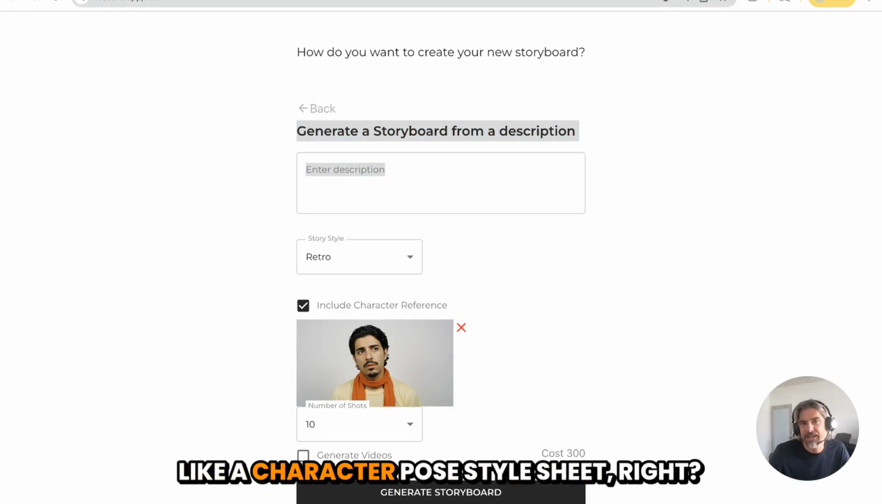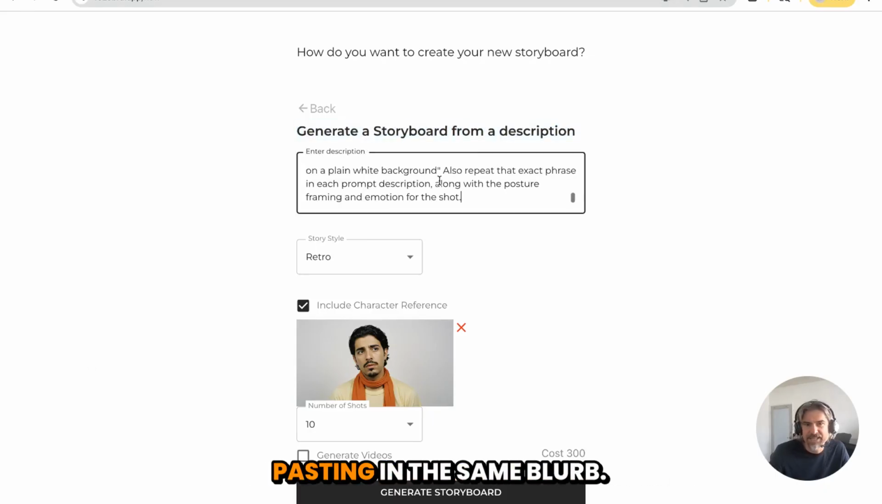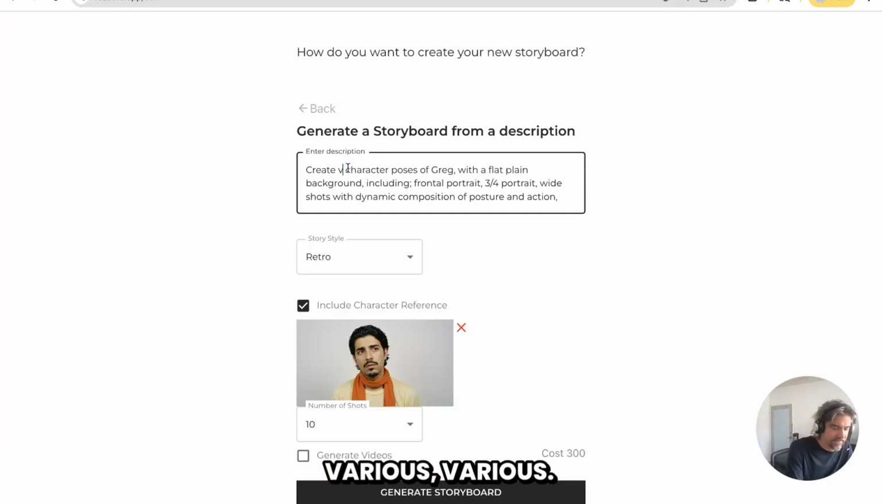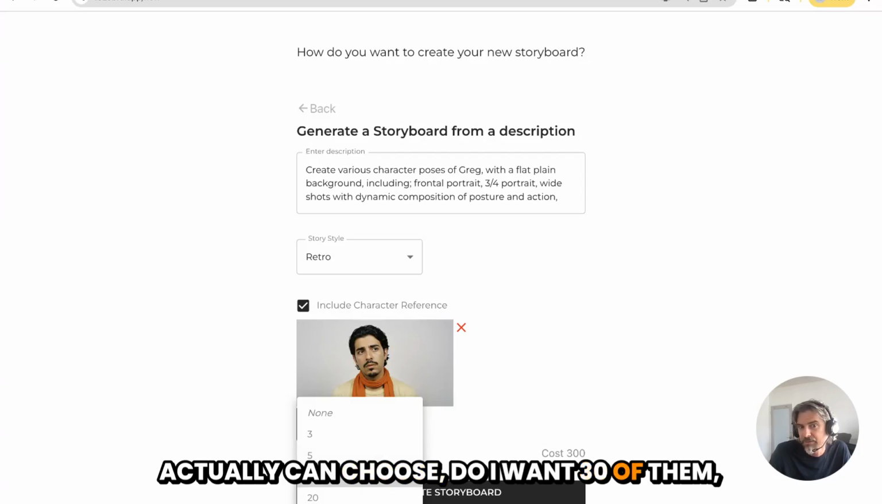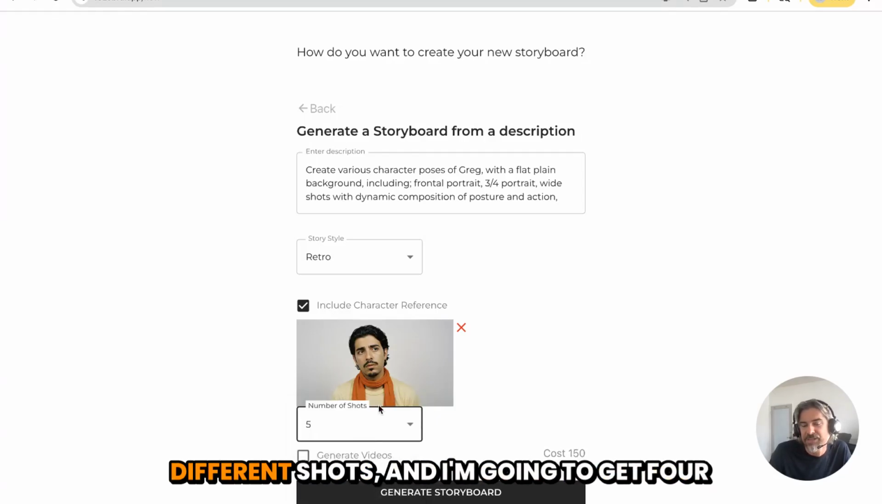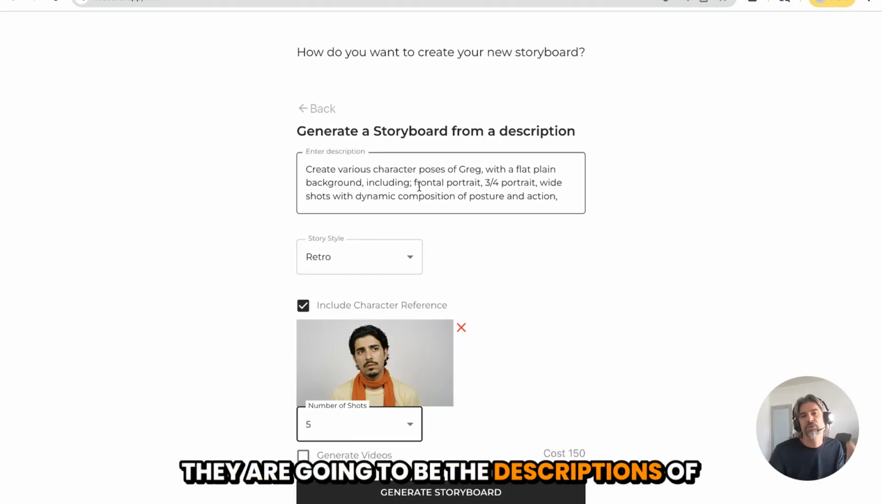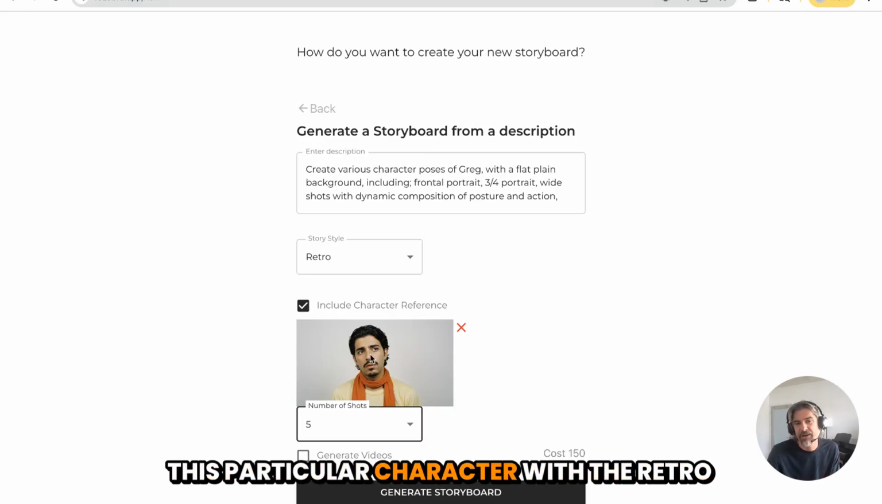I want to create a character pose style sheet. For my description here, I'm just pasting in this same blurb. It says create, and I'm going to say various character poses of Greg. Here I can choose whether I want 30 of them or 20 of them. I'm going to choose 5 different shots and get 4 different variants of each one. They are going to be descriptions of the different kinds of poses anchored to this particular character with